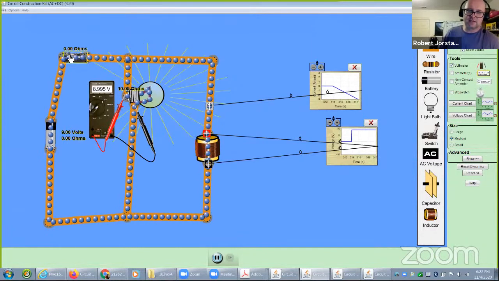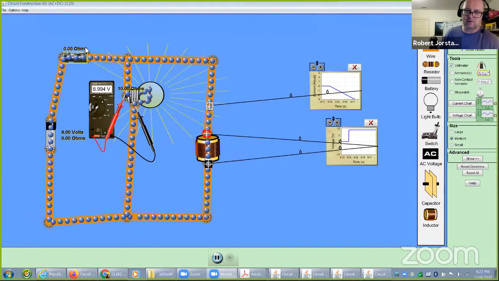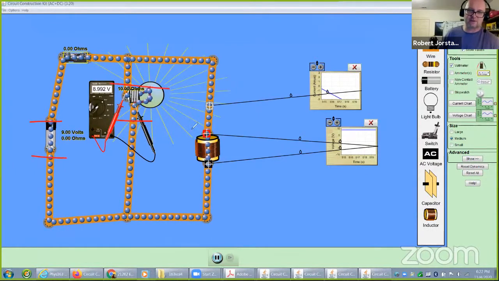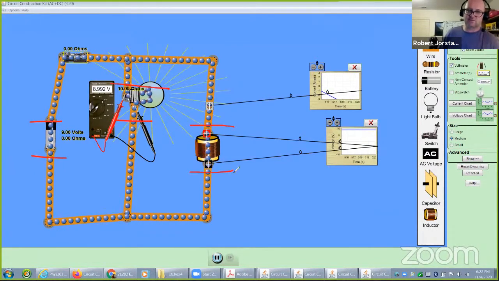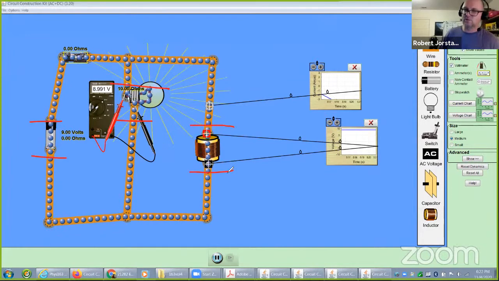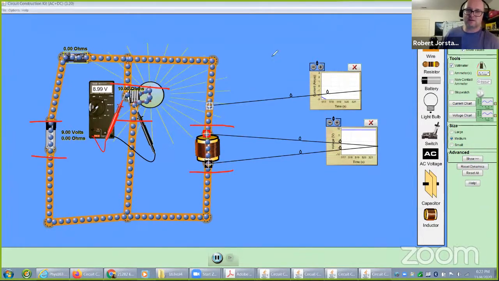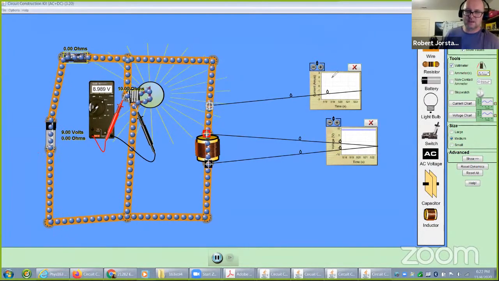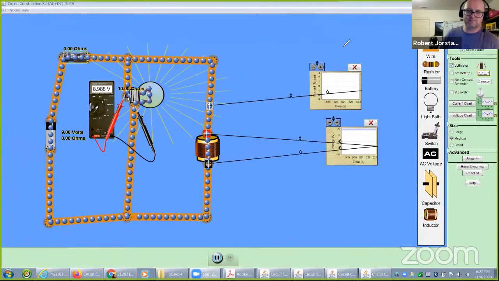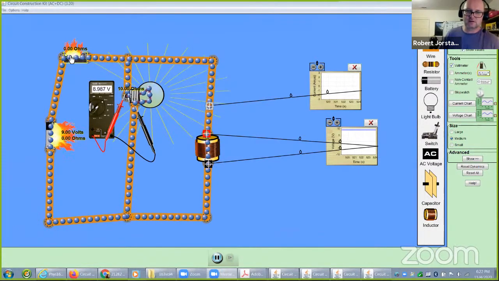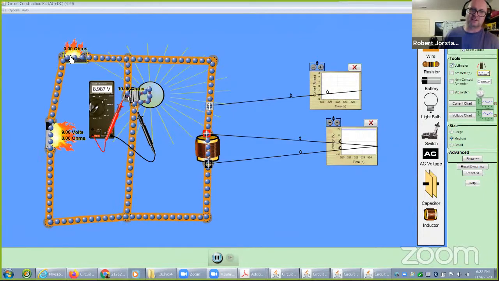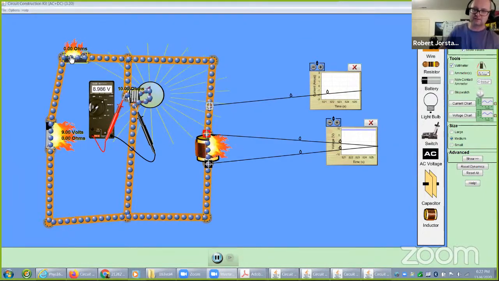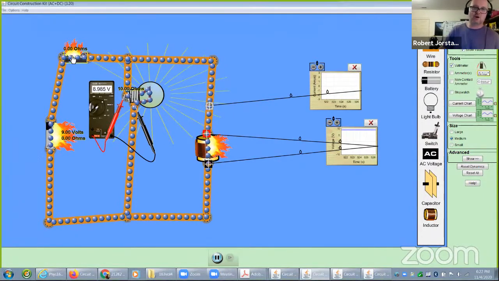Okay, so now once we get this going, these are all in parallel with the battery. If this is 9 volts, this is in parallel. This should be 9 volts, right? This is in parallel. This should be 9 volts. Everything's, by KVL. So now what I'm going to do is when I open the switch, oh, look at that. So it does eventually light on fire if we let it go long enough, right? But now when I open this,